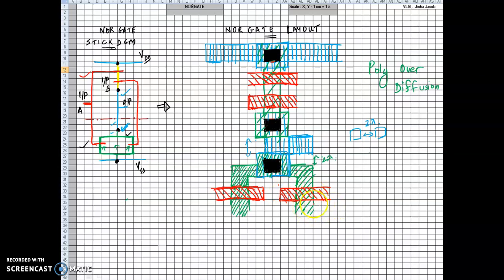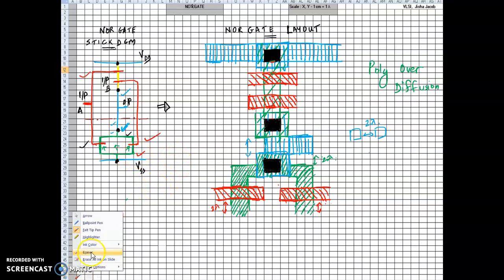diffusion. Okay. I have left the left side open here and the right side open here, as is obvious from the stick diagram. Remember, we are all doing all this with reference to the stick diagram. Okay. So the left and right sides have been left open for the purpose of shorting with the PMOS gates. Let's keep going. How much should I extend over here? The transistor should extend by 2 lambda here and 2 lambda here. So after 2 lambda, I think the N diffusion can take this bend.